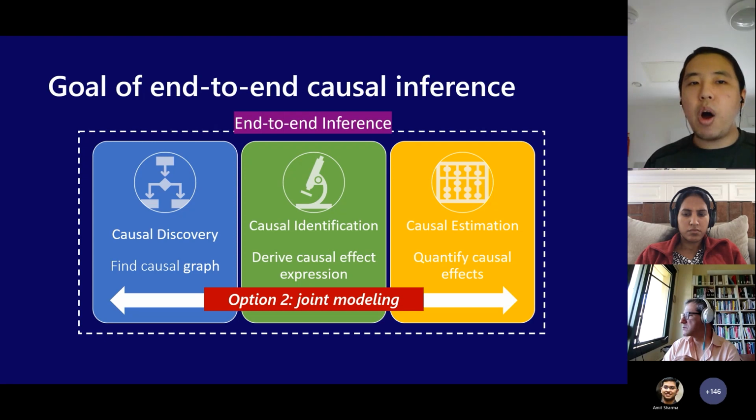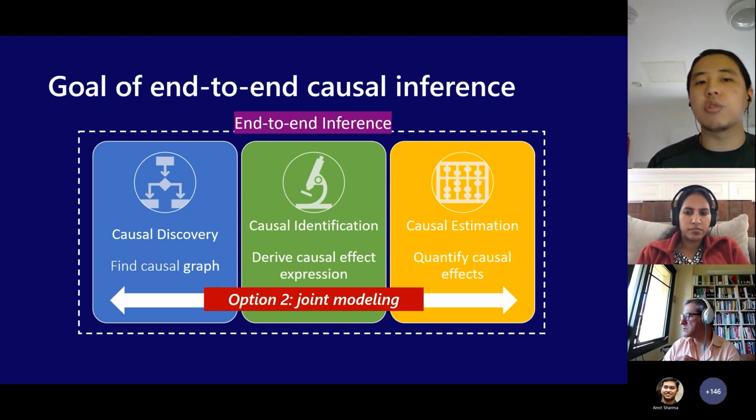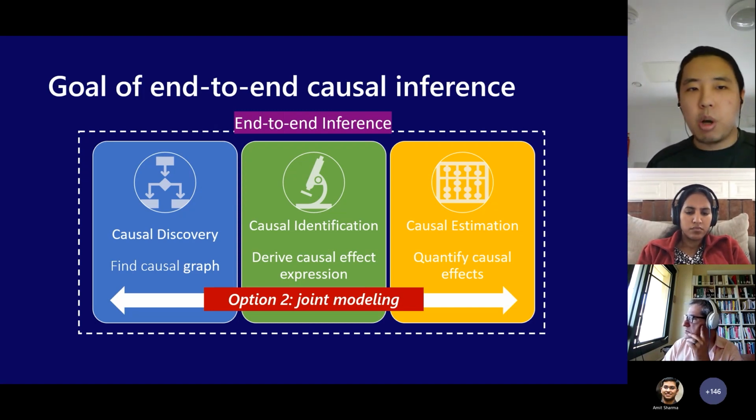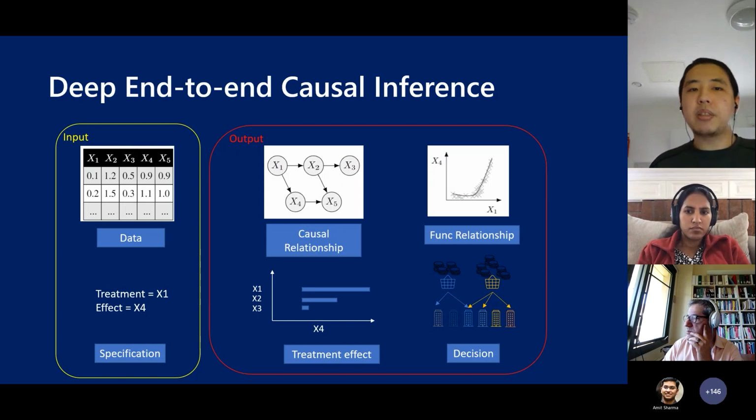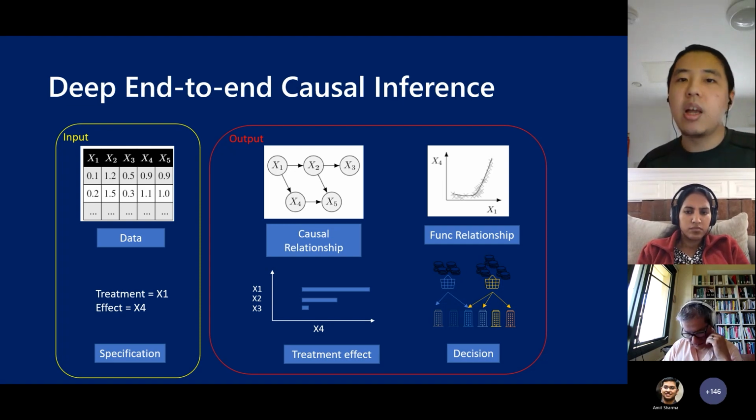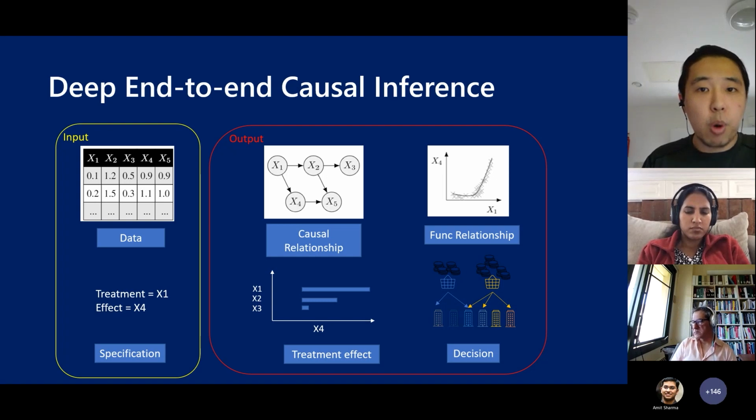So we might want a new method that can perform joint modeling of all these three questions, complement DoWhy and EconML, and perform causal discovery and causal inference in an end-to-end manner. Therefore, at Microsoft Research, we developed a new method called Deep End-to-end Causal Inference, or DECI, that allows us to jointly answer all these questions using only observational data.